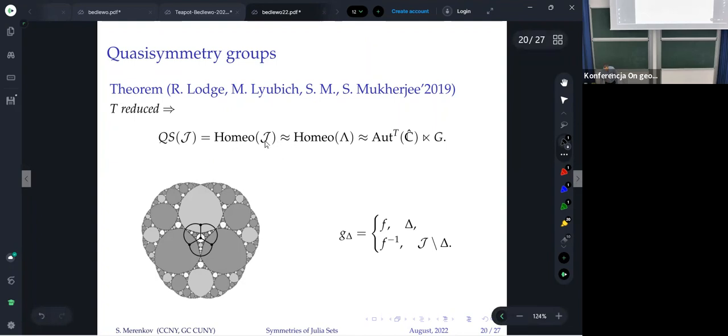They also, because the Julia set and the limit set are homeomorphic to each other, these groups are isomorphic. Okay, Julia and the limit set. And for the limit set, you can also describe the group. This is a semi-direct product of